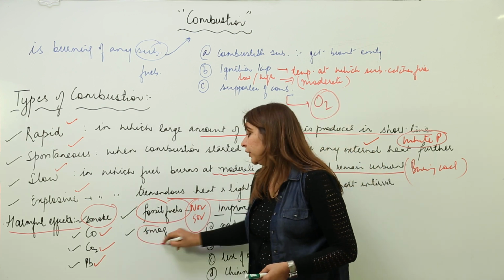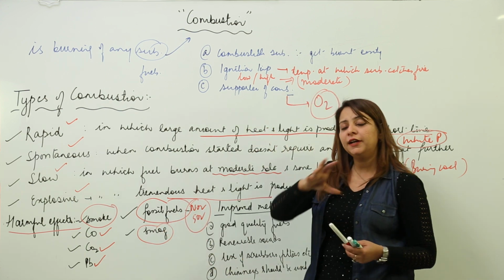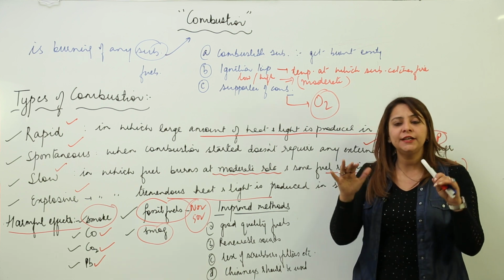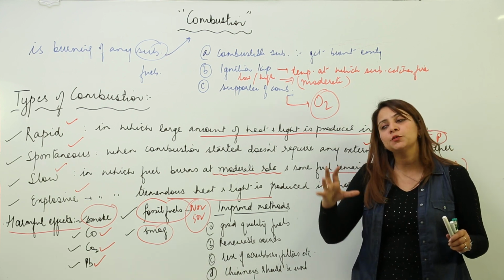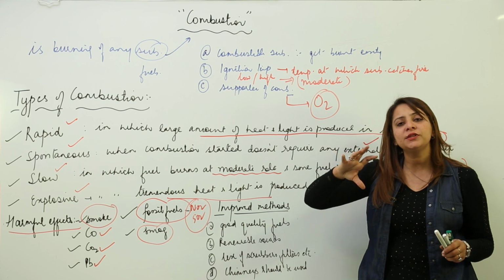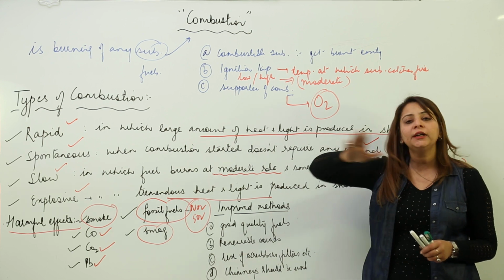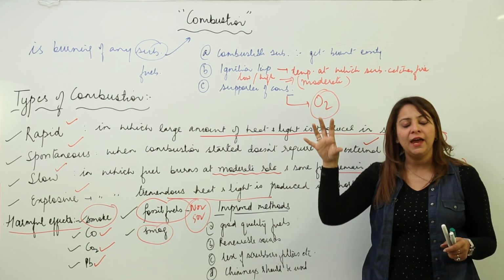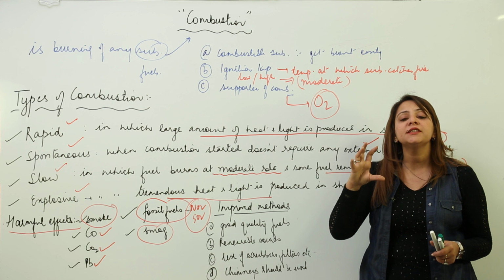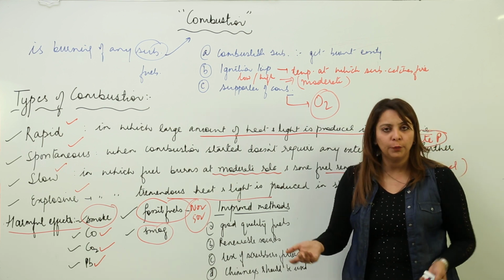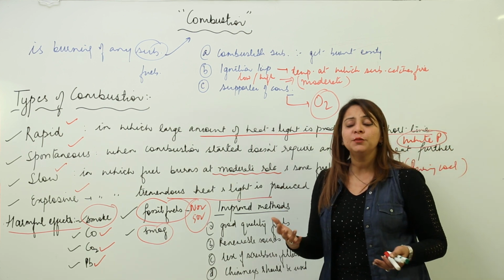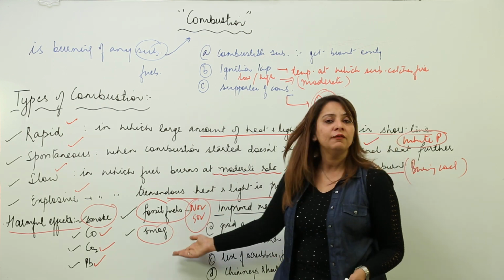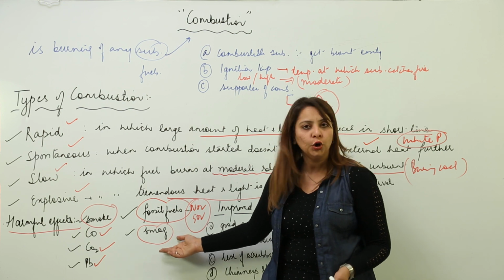Last is smoke. When a lot of combustion is carried out, there exists smoke obviously in the atmosphere, which combines with the fog and leads to smog. And you know what is smog? Smog is, in metro cities, where you see that the sky is not clear, the atmosphere is not clear. You always find that something is in the air, and that is smoke, because it reduces the visibility and you have a lot of problems in seeing objects, and moreover you don't feel that the environment is clean. Right. So again, a harmful effect of this is smog also.